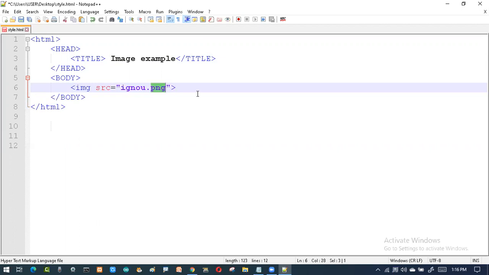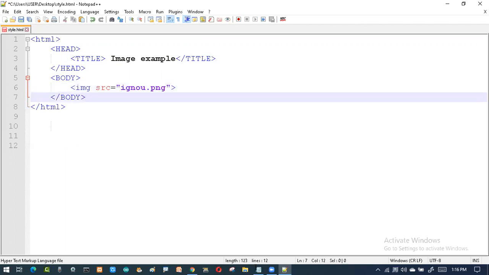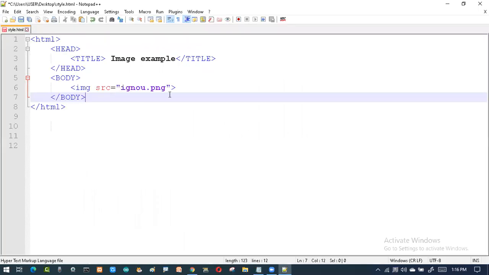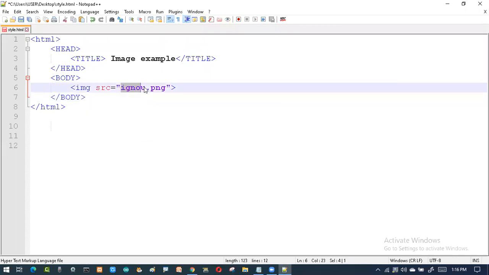Already I told you in the class that we can have different kinds of extensions for images. I can have jpg format, gif format, png format, or other formats. Like this, different kinds of image formats are there, so I can take any format. For this I have taken one which is available. In your case, use whichever photo is available.